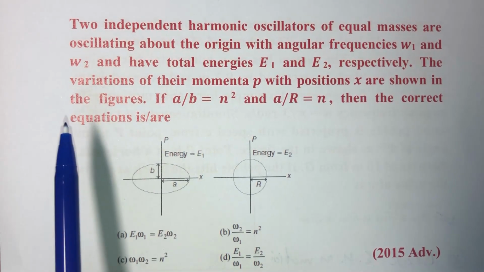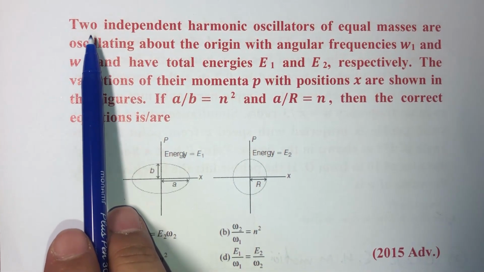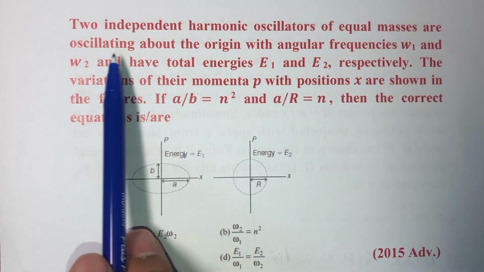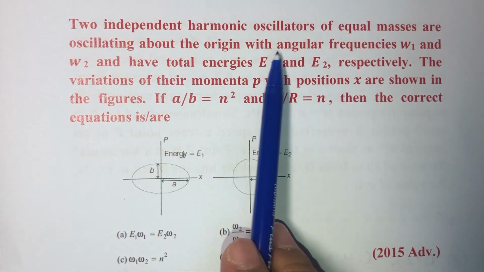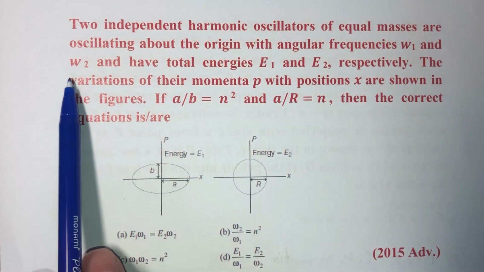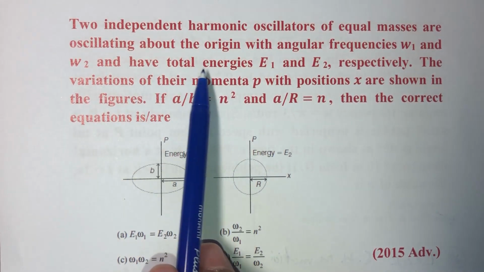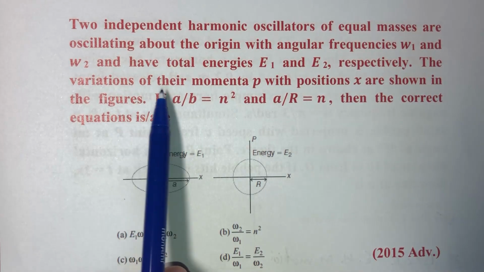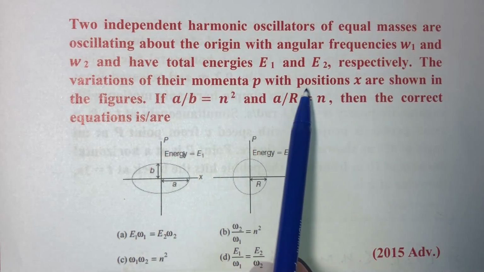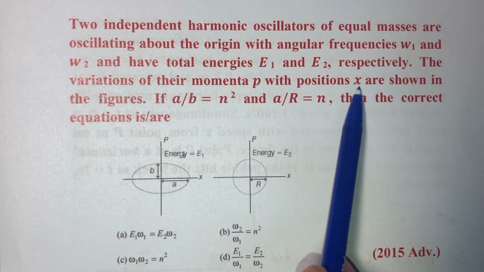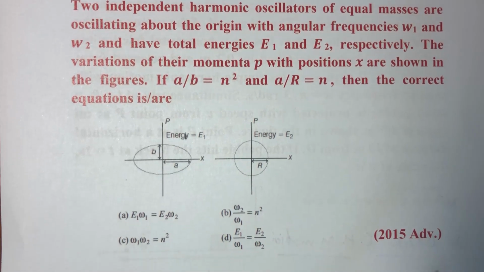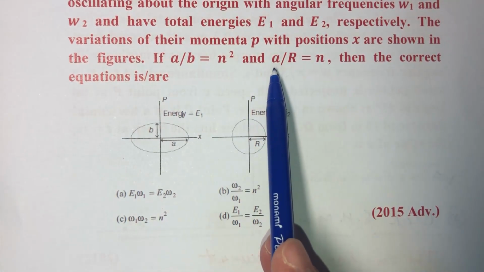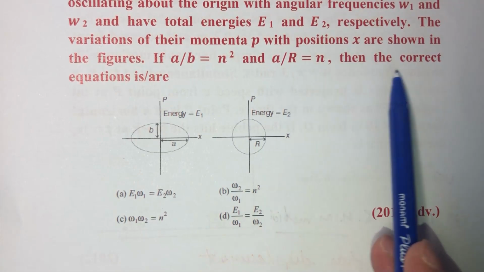Hello friends, today's question. Two independent harmonic oscillators of equal masses are oscillating about the origin with angular frequency omega1 and omega2 and have total energies E1 and E2 respectively. The variation of their momentum P with positions X are shown in the figure. If A upon B is equal to n square and A upon R is equal to n, then the correct equation is